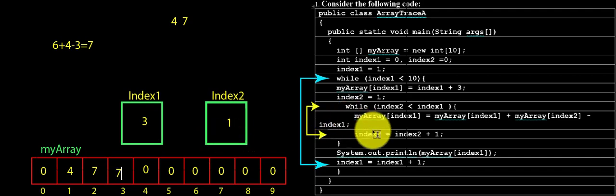Now it will again increment the value of index 2 with the value of 1. So it will be again incremented to 2, and again this step will be followed. So my array of index 1 has the value of 3, and the 3rd element has the value of 7 plus my array of index 2 has the value of 7 minus index 1 equals 7 plus 7 minus 3 equals 11. So my array of index 1 will be updated with the value of 11,